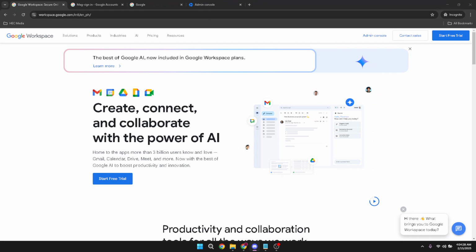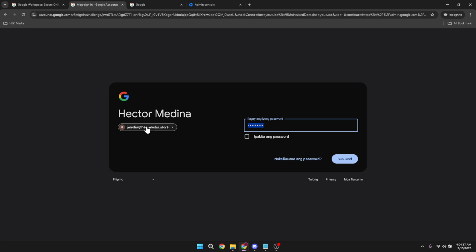To begin, you'll need to go to your Google Workspace account. Accessing the admin section is crucial here, so the next step will be to click on the admin console. You'll find this option typically in the menu once you're logged into your Workspace account. Now, it's important to log in using your business email, as this grants you the necessary administrative rights to make